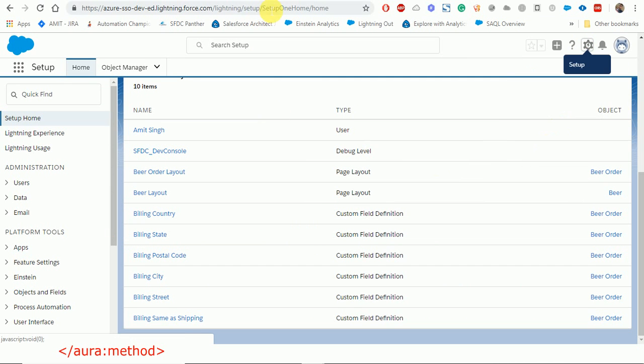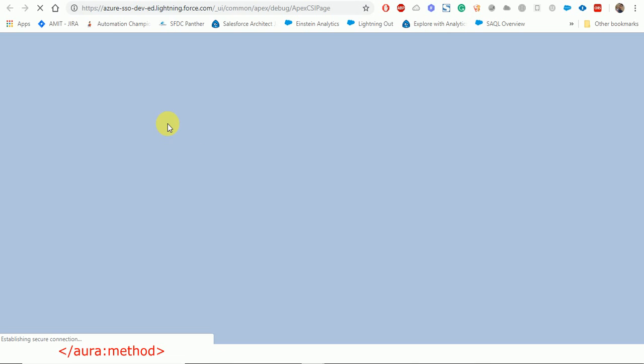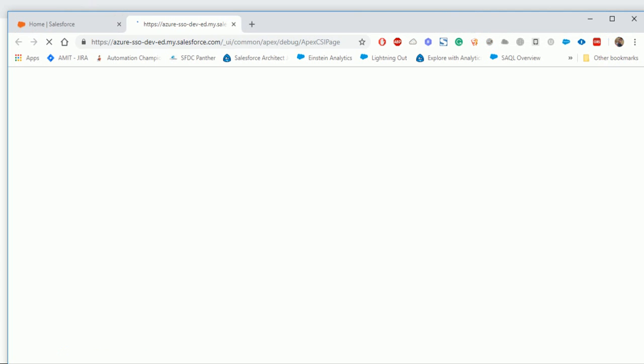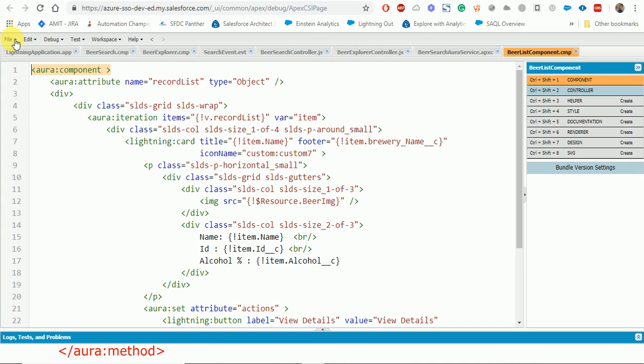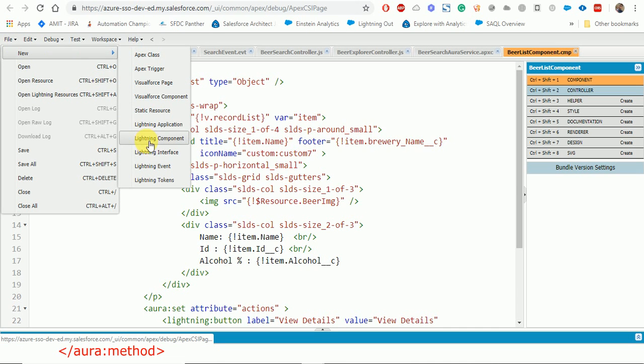So let's open developer org. Go ahead and create a new lightning component.